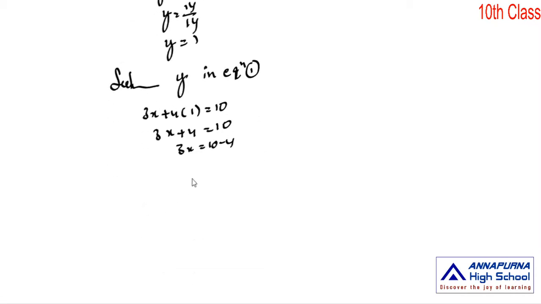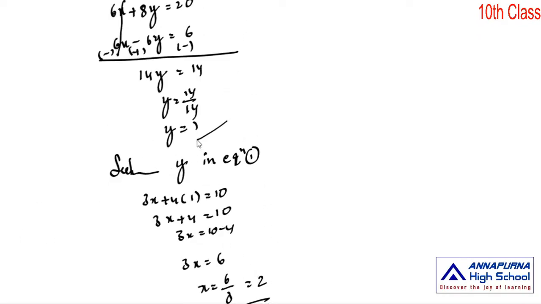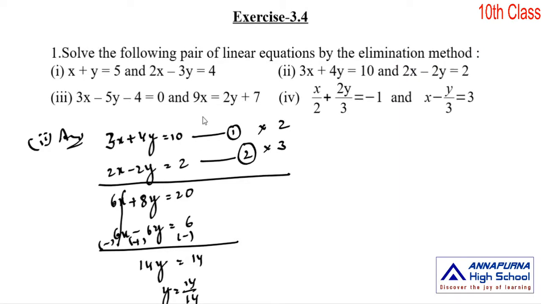3x is equal to 10 minus 4. So 3x is equal to 6. X is equal to 6 by 3. It is equal to 2. So x is equal to 2 and y is equal to 1 is the solution of the second pair of linear equations. Okay, and when you come to the third one,